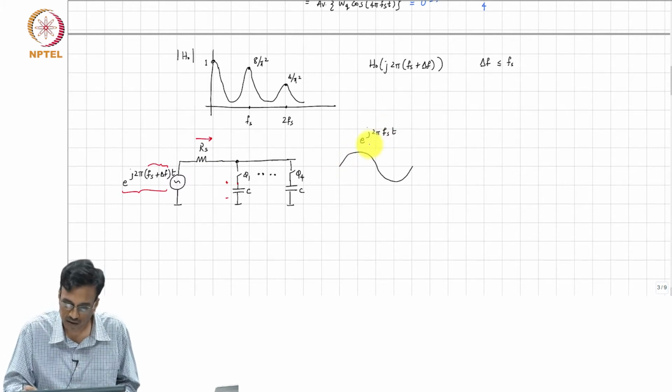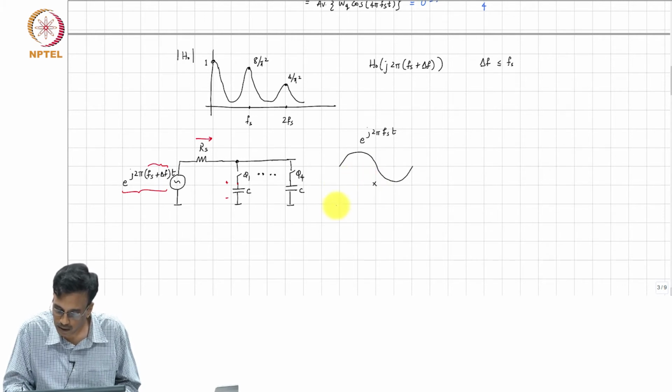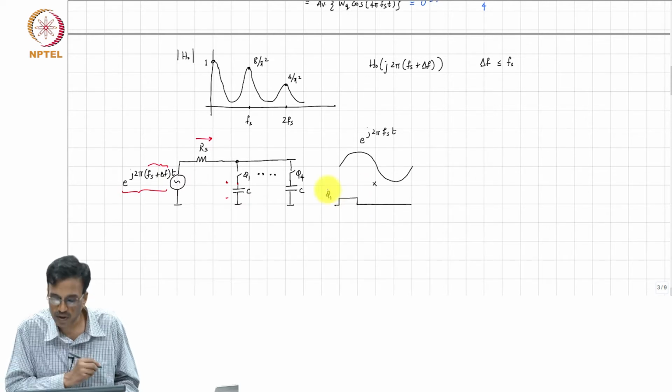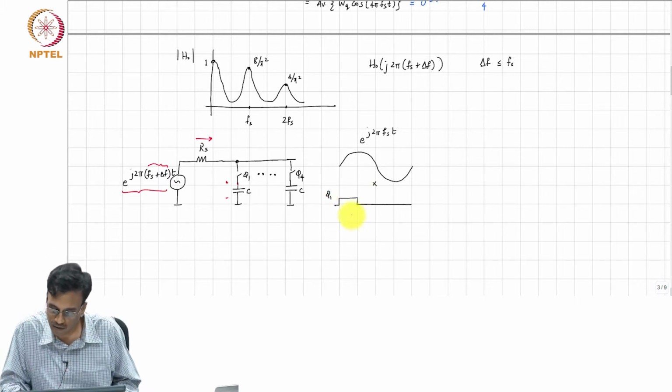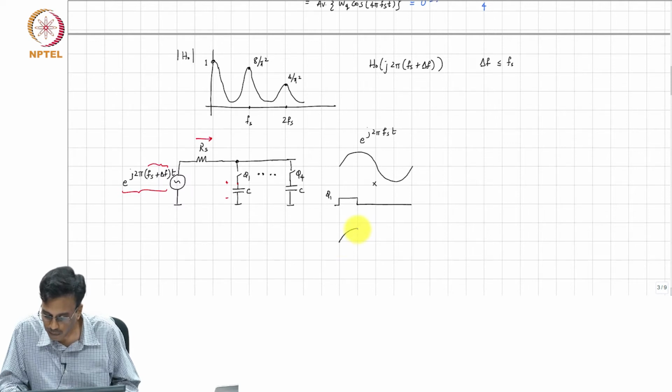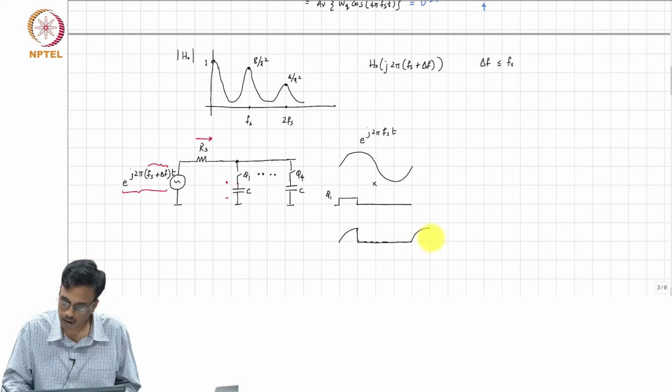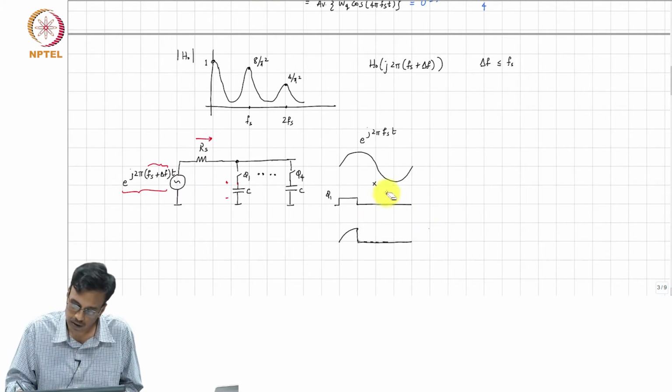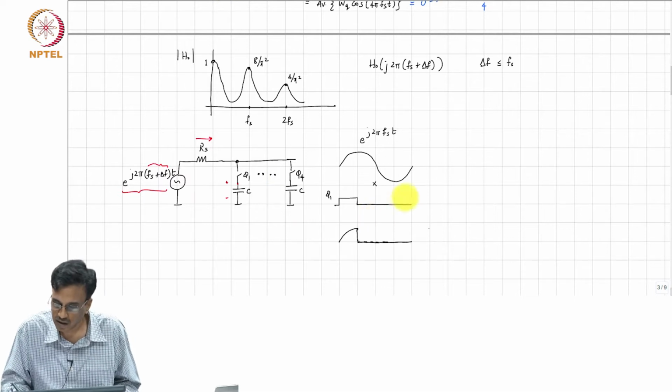So, this is Vi, and we can think of this as being multiplied by phi 1 of t, right. So, when we do this, you are only getting these currents. And so on. So, I will draw only one period, right. So, this is